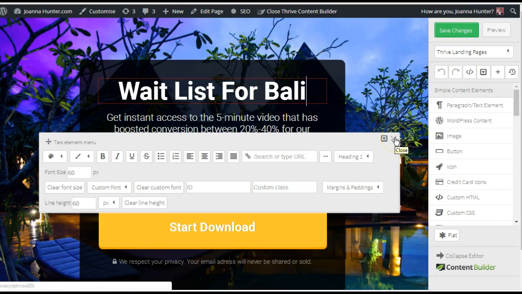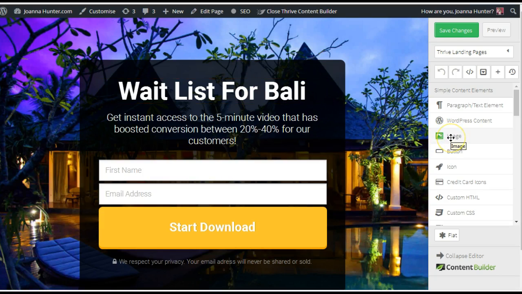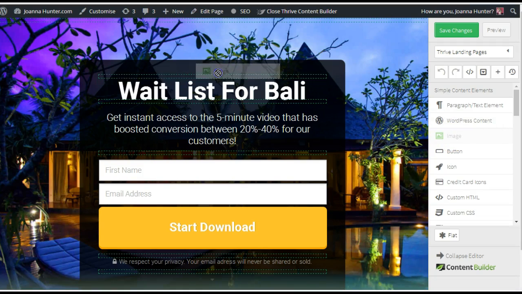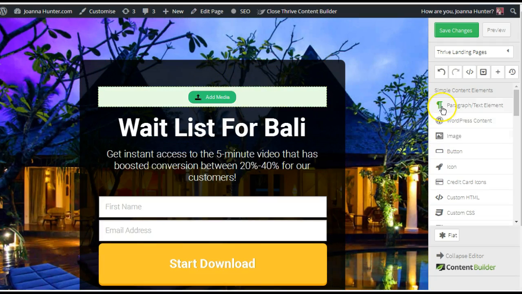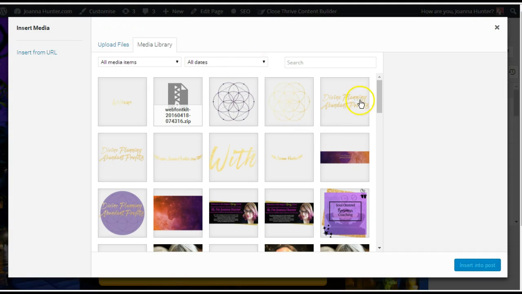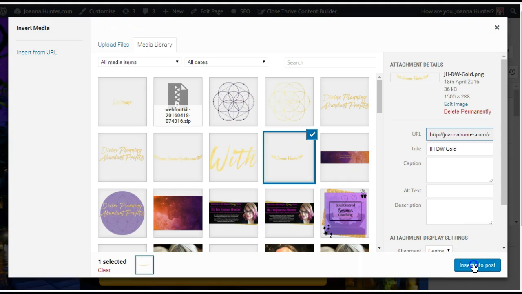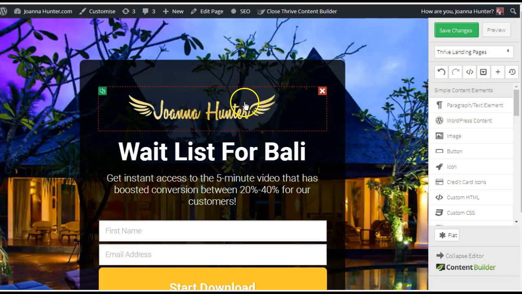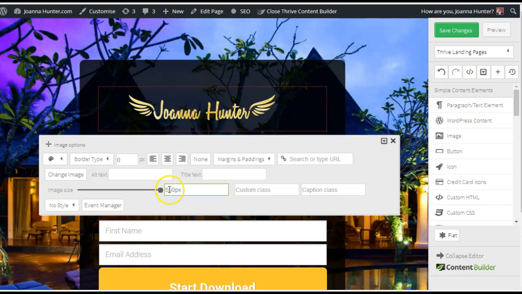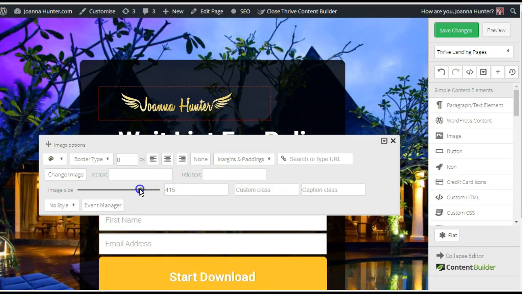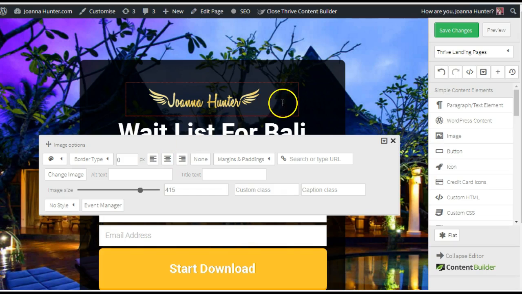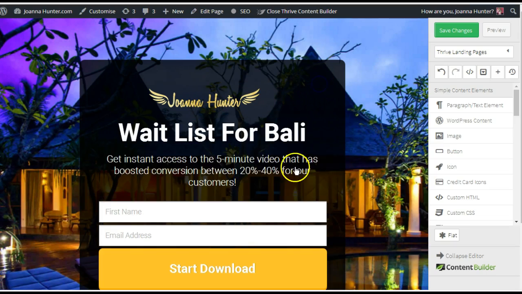And I always logo up all my stuff, so I'm just going to put in an image here, drag the little image from this place, just drag it over, hit media library, and it opens up my media library. And I think I'll go with a rather nice Joanna Hunter there in my gold, and I'm just going to make that image a little bit smaller and center it. And the next thing is we can put in